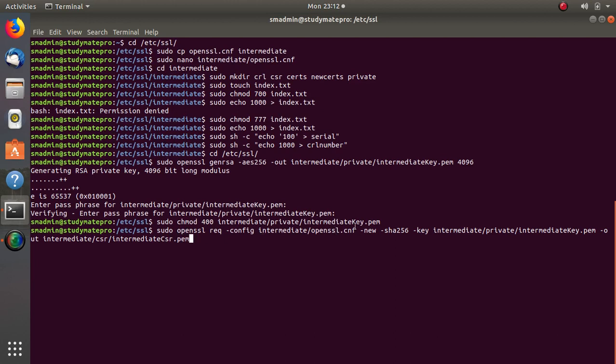Here you have to give attention that you need to use the configurations of the intermediate file, not the root file. So you have to give the right location, the new SHA, the key you use, which we have just created, and the output file will be at the CSR directory. Okay, enter the passphrase of the key,